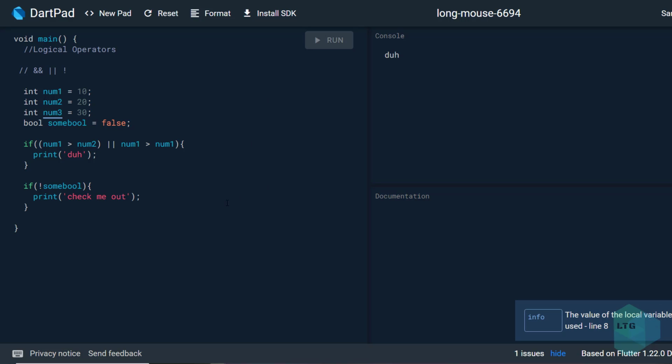And so if we run this, what it's saying is if not some bool, so some bool is false right now. If I take this out and I run, it doesn't print anything, right? Because this is false, because the value of some bool right now is false. But if I put the exclamation mark in front of it and I run it, I get check me out. Okay, so that's and, or,